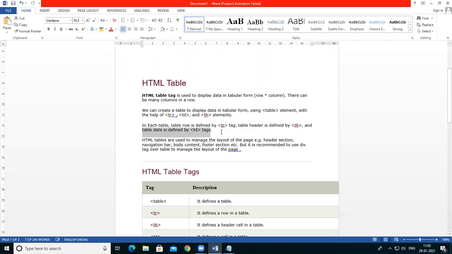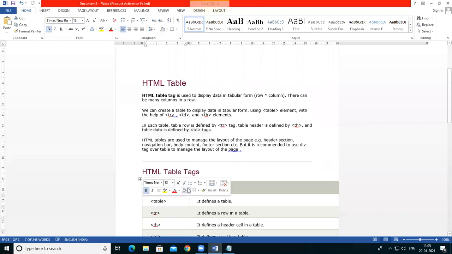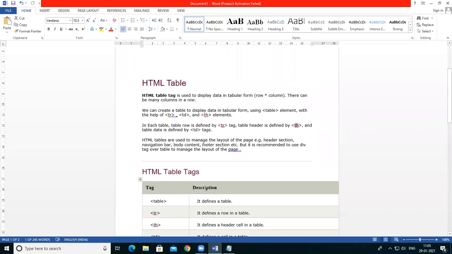Okay, so tr means row, that is first, second, third, fourth, and columns means td, that is in this table, see here, tag is one column and description is another column, and that name tag and description is given by using the th tag. For example, I just told you here, this Tag and Description is given here using the th tag. And the data that is filled in the table, that data is filled in by the td tag.